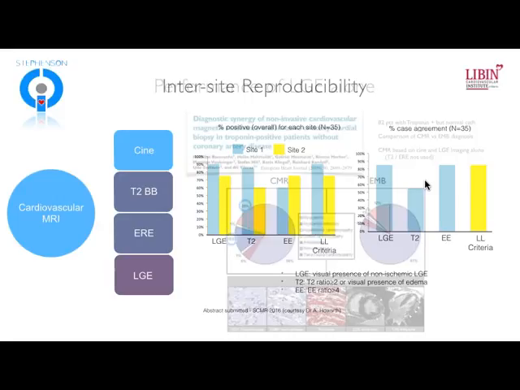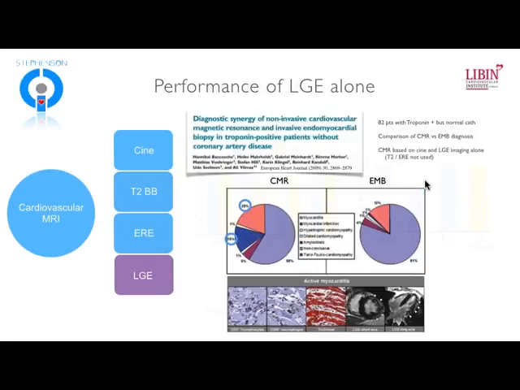However, when you look at case agreement, you see that especially for T2 imaging, there can be substantial discrepancies as to what one investigator may call as abnormal versus another. And so I think this presents some caution. And this at least behooves us to try to have more awareness that consensus criteria need to be matched by consensus agreement on how to interpret.